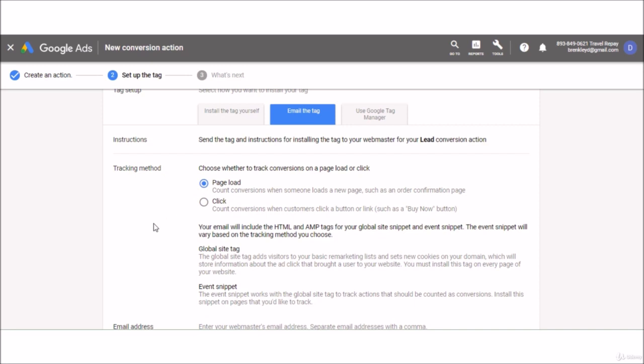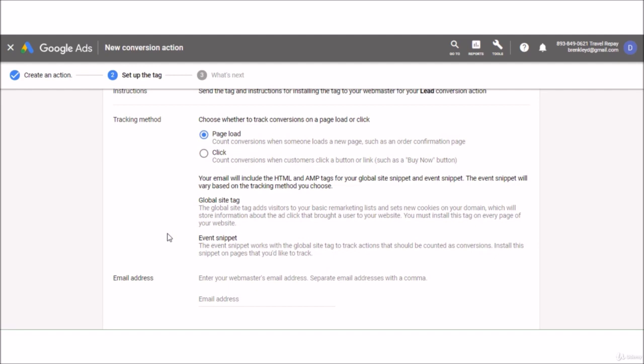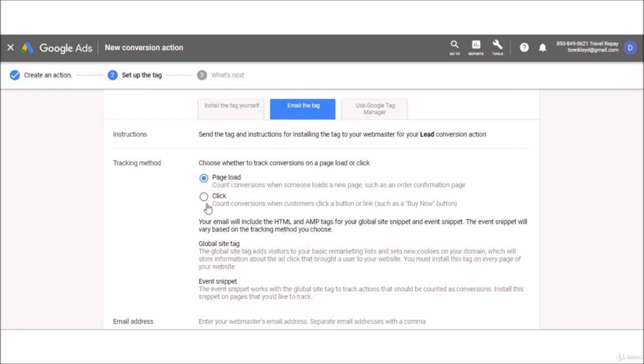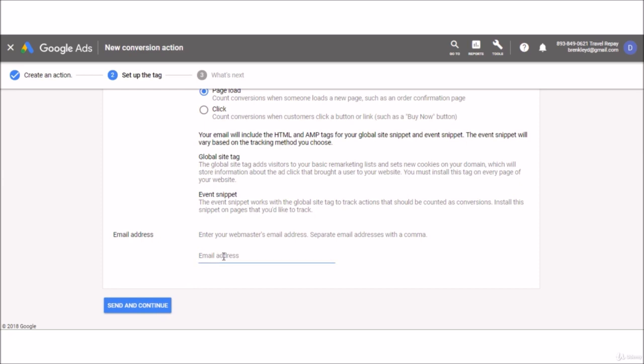You'll want to put this in the right part of the website when you send it to your web developer, so make sure you tell them what your goal is. For instance, if it was a lead, you'd probably want the tag to be inside the form submission page, so when you say thank you for submitting your details, it would then trigger the code. So that's pretty much it. So you can send that to whatever email address you want, and once you have, I'll just enter mine in here, once you've sent that across and it's been set up,